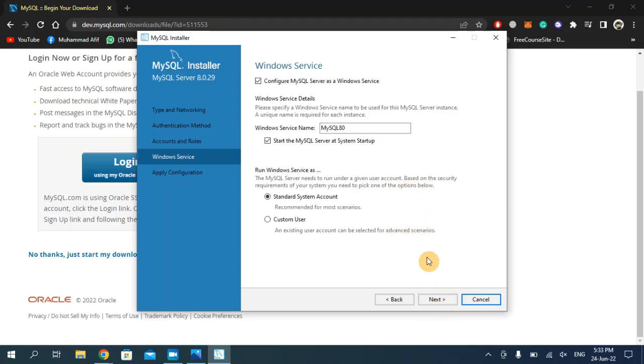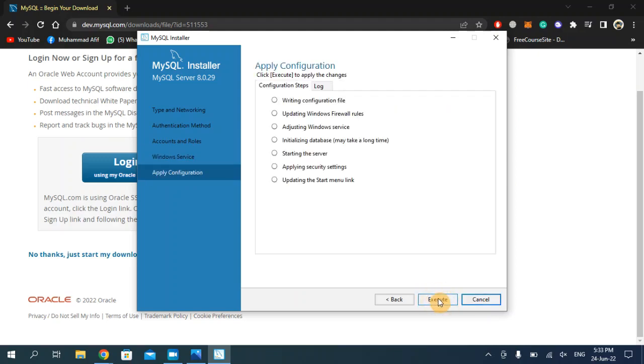and here once again I'm not going to change anything, keep it default and click on the next, and now you have to click the execute button. So as you can see, the installation is completed. Now click on the finish button,